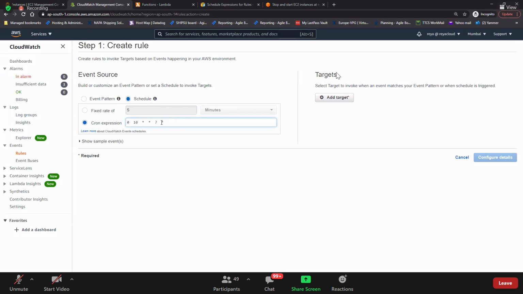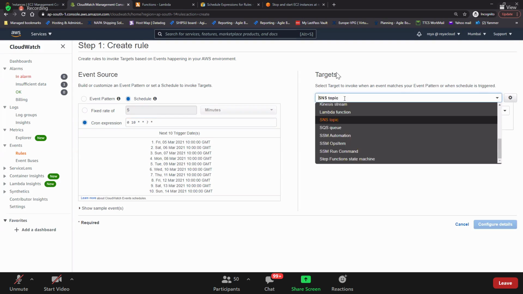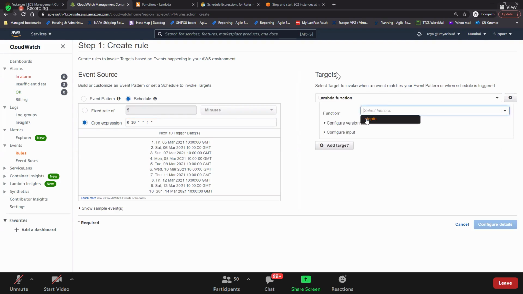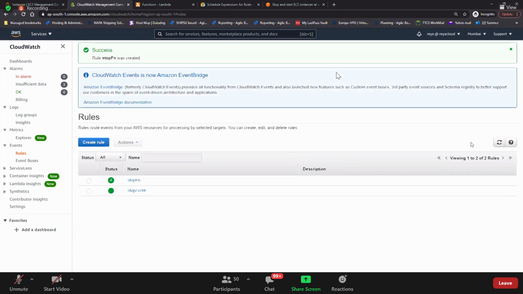Put it in, remove the spaces. Okay, exactly at 10 o'clock GMT time. This stop function should be invoked. Stop function. Create rule. Do you see that now?